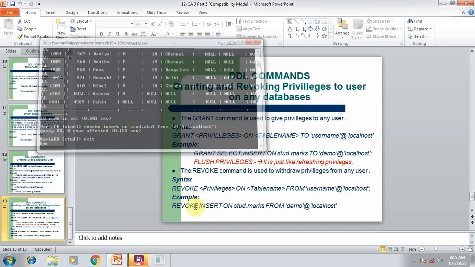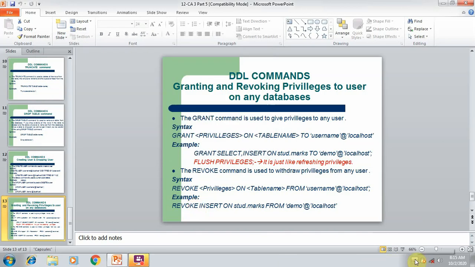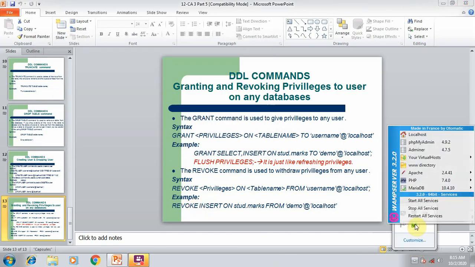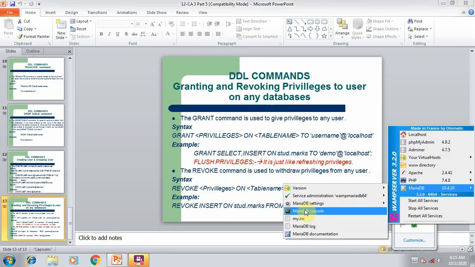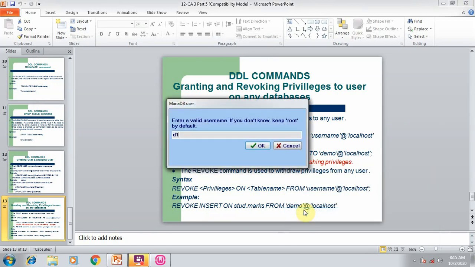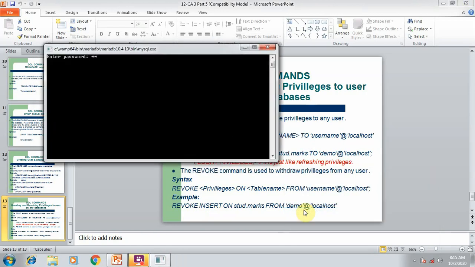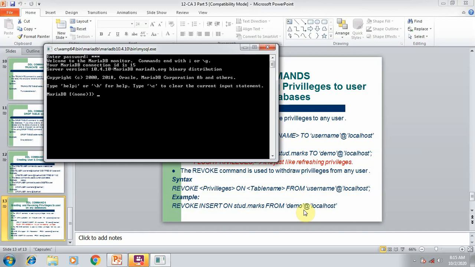So exit from this user, go to the WAMP server, again open your new user. Our new username is D1. Type the username D1, password is 123. Type the password correctly and use the select command for opening the student1 table from your new user D1.